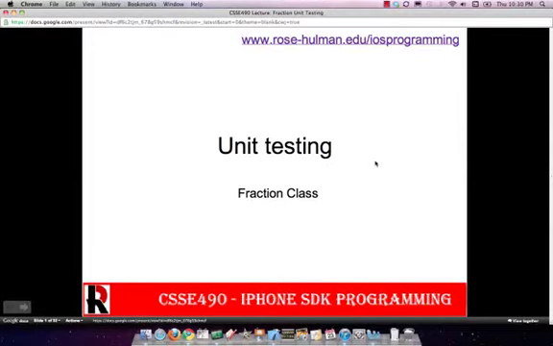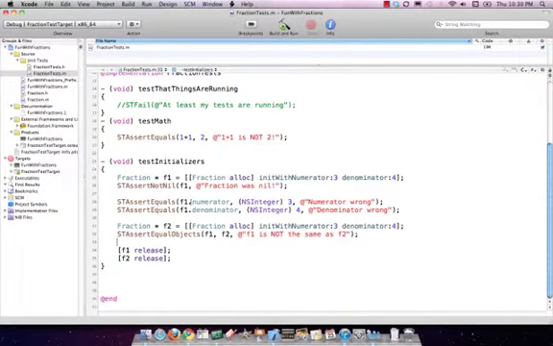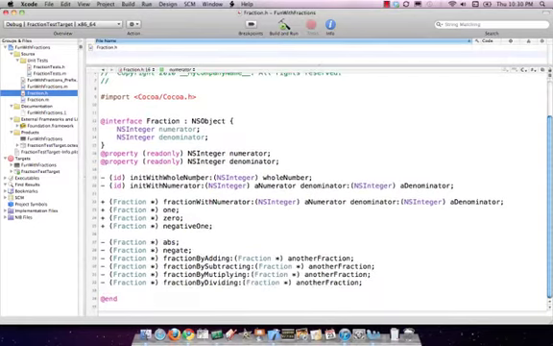Welcome back again. Goal for today is to kind of pick up where we left off last time. It was just kind of getting long, so we broke it into two pieces. What we're playing with is unit testing in the fraction class. So as a quick little reminder on where we're at in this process, we're writing functions for the fraction